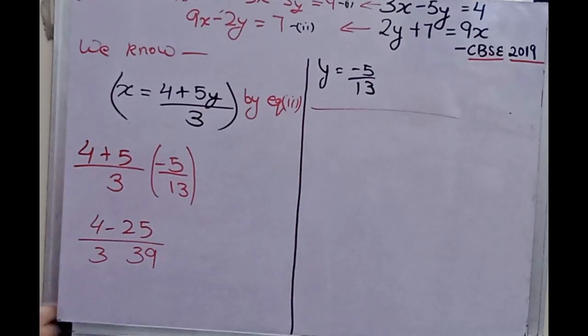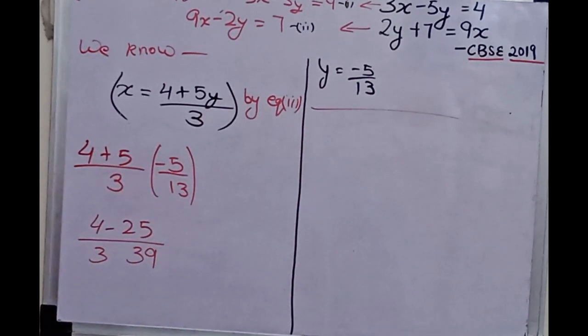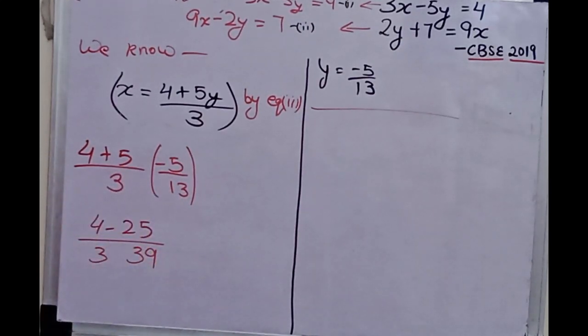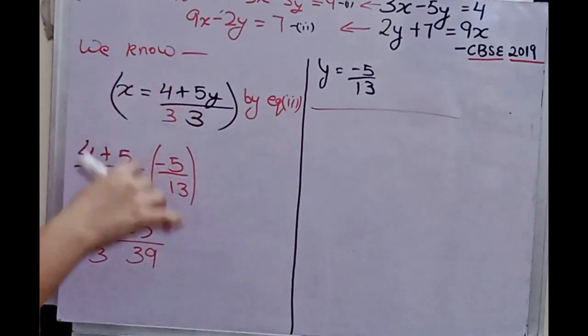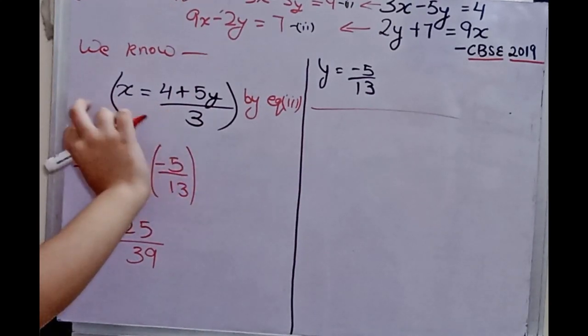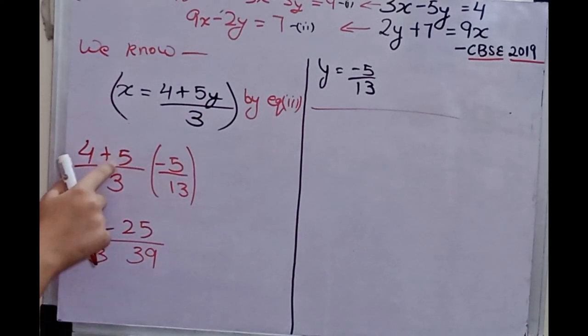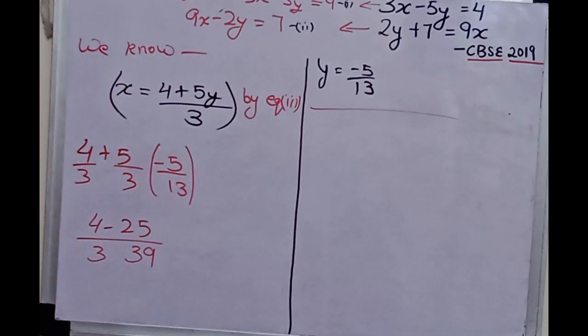Now while taking the LCM of 3 and 39, we have to solve it further. Now the question rises that how? If you multiply this 3 here, then why we are having 3 again here? So the simple thing is, I could have written it like this also, 5y upon 3 plus 4 upon 3. But we don't write it and write it as a whole. But here if I write it like this, it will look like this,